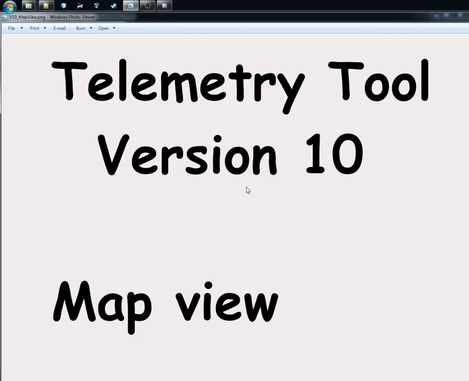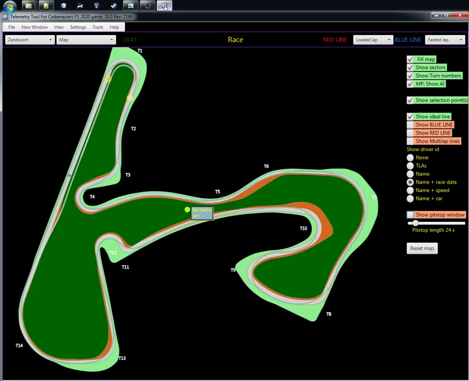Hi, now I'm going to show you some features in the map view inside my telemetry tool on the new version, and a little bit of how to use the map view here. So when you start the tool, you may see a different map if you are on a different track, but this is the stand for from